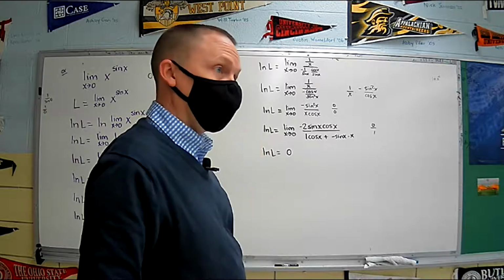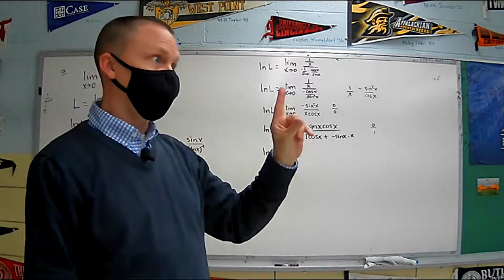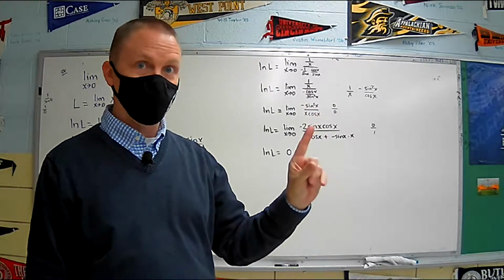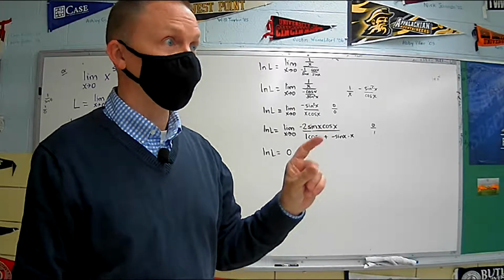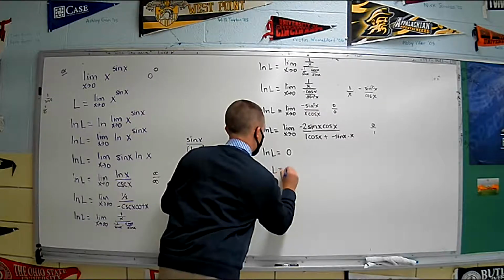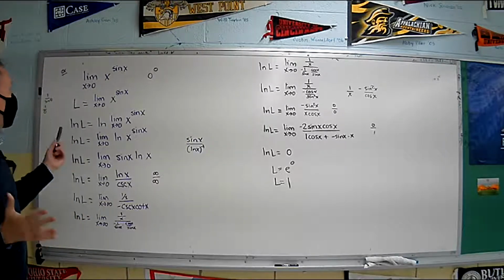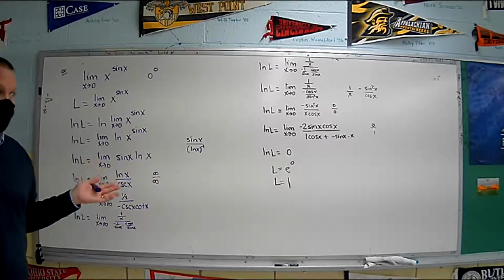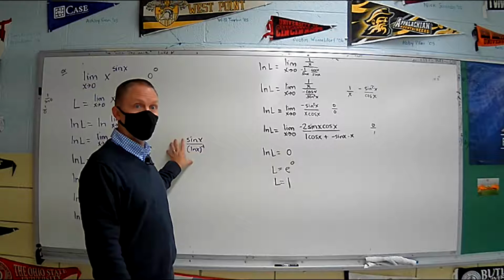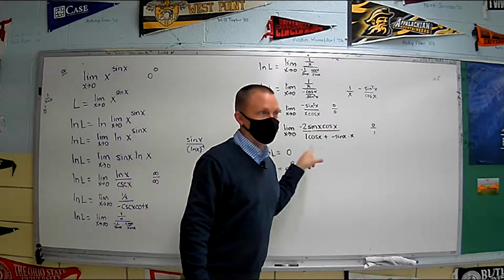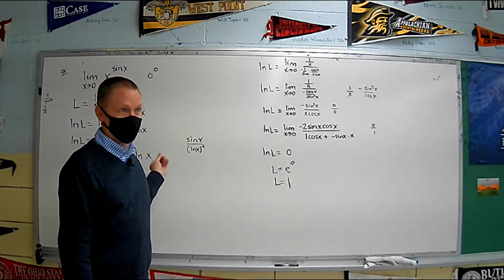What is L? Because 0 is not the answer to this problem. The natural log of the answer to this problem is 0. Which is 1. So the answer to this problem is 1. Okay? So in this problem, 0 to the 0 ended up approaching 1. And we lucked out. We didn't have to go back. If this would have resulted in indeterminate form again, I probably would have thrown in the towel and said, let's go back. But thank goodness it didn't because we wouldn't have had time. Okay?